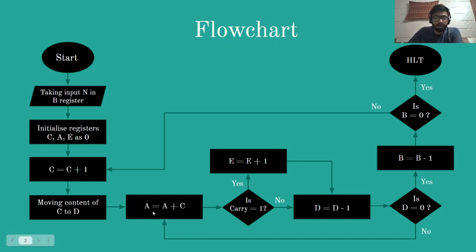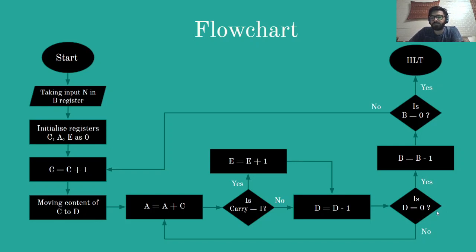And at this step, 4 will be added to the accumulator. As there is no carry, the value of D will decrease by 1, that is, D will be 3. And as D is not 0, 4 will again be added to A. This whole loop will be done 4 times, and that's how we will be squaring a number and adding it to the accumulator. And for example, if the number had a carry, then the value of E will increase at this step.